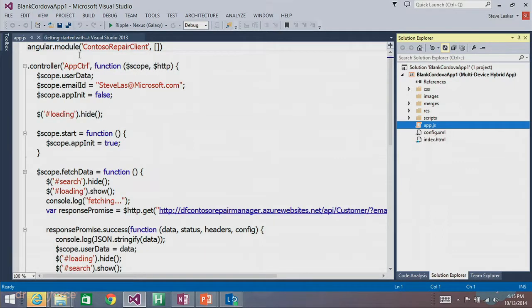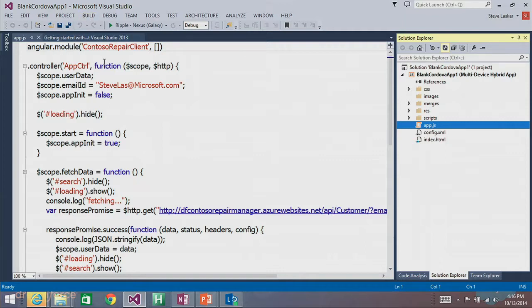So in this demo, what I want to do is from a mobile app, I've got this little Contoso repair thing where based on an email, I want to go find a customer in Salesforce, and they're telling me that some product that they've got, their watch, is broken, they want it fixed. I don't know what product ID it is. I don't know if they even bought it from me. I don't know if it's under warranty. And where's the product? It's off in SAP. So I want to go get the data from both of those